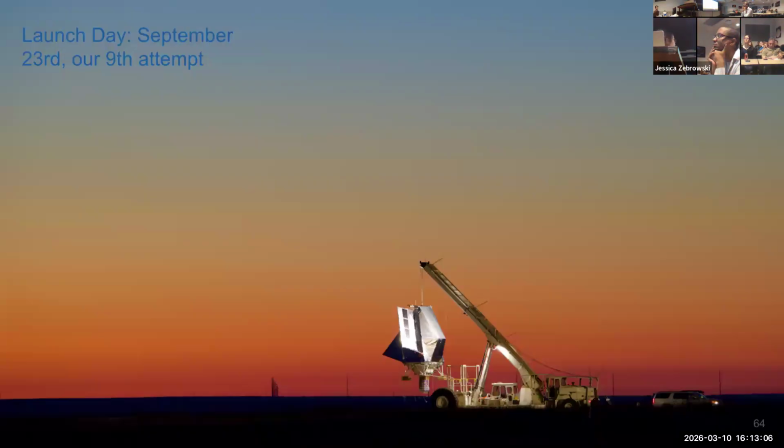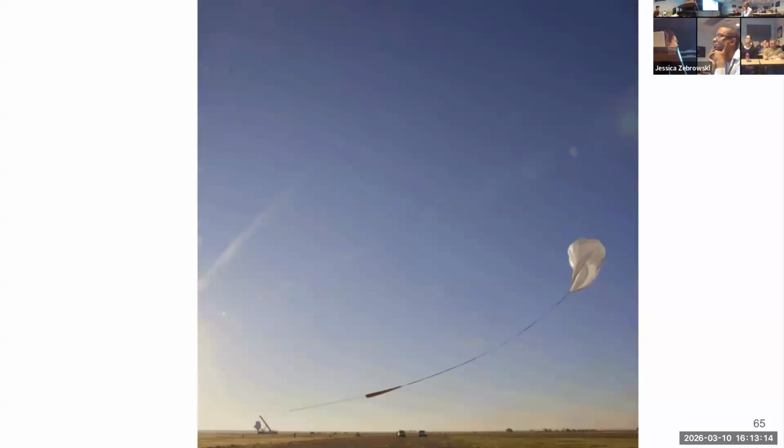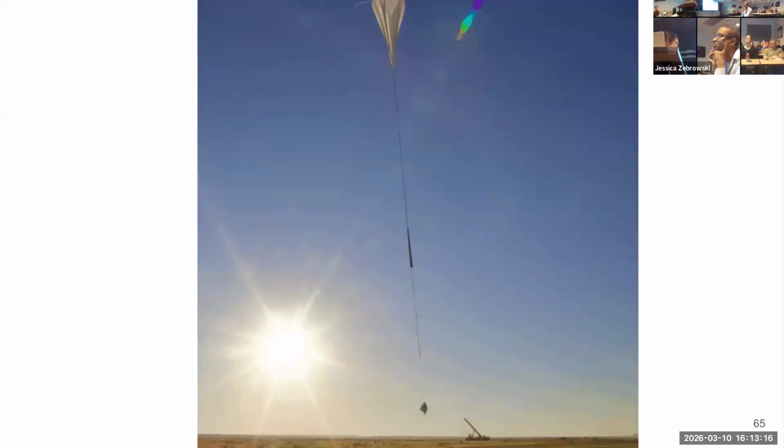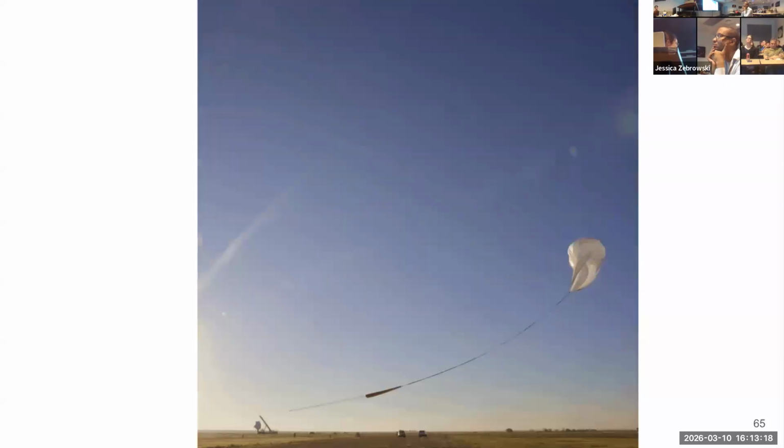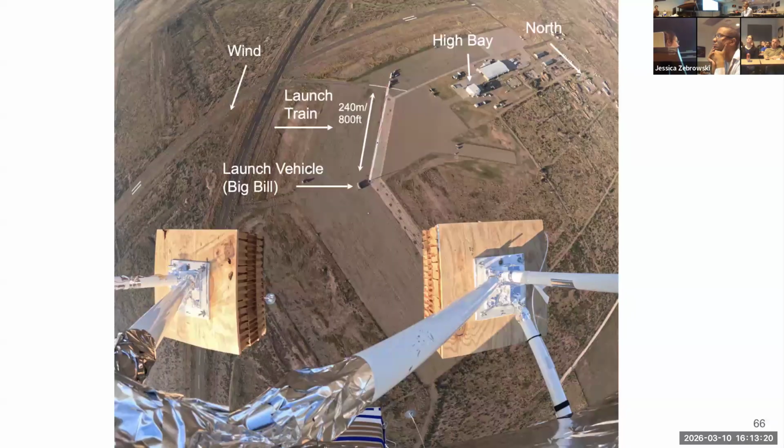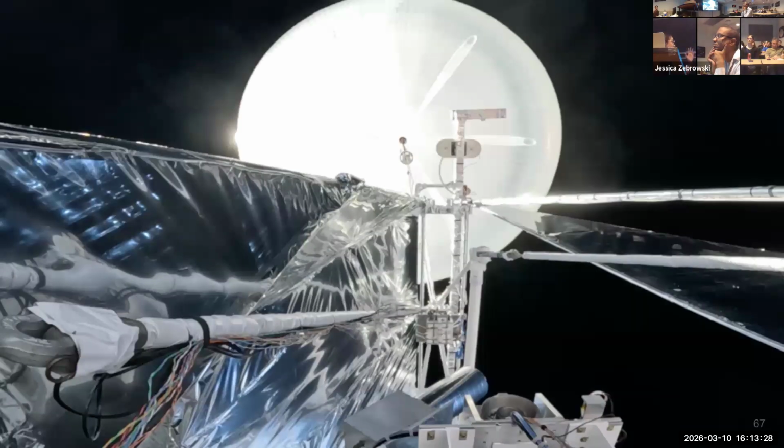We had our launch on September 23rd, which was our 9th attempt after many, many late nights of getting scrubbed. And here you can see the launch of TIM. It's taking off in this actually really, really beautiful textbook launch. You can see the view down from TIM at the launch train. And if you look up, you see this nice blackness. You can see that the balloon is really looking at space.